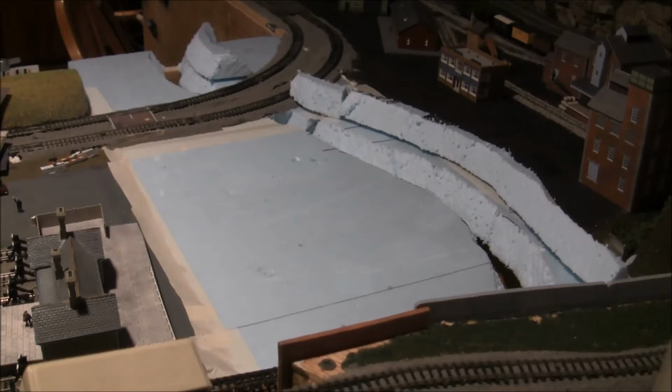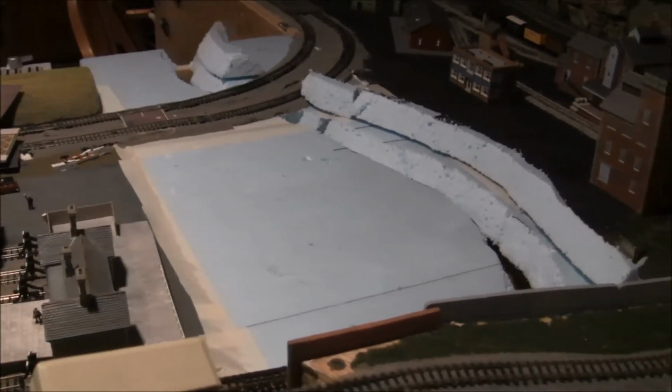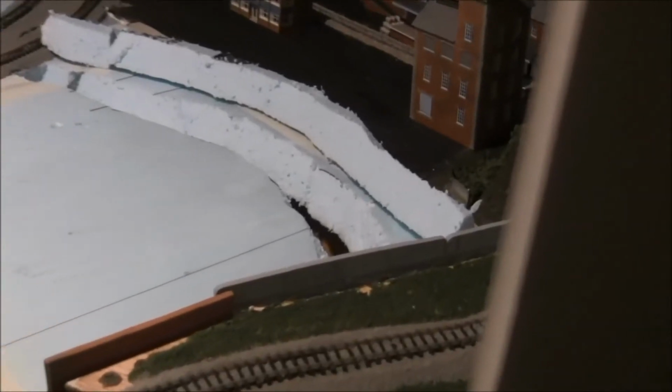So there we go, rough cut. Gives us a sense of what we're trying to accomplish here. Got the stream bed, riverbed cut, goes all the way through. I'll be filling it in, it might not be that deep. I'm certainly not planning on putting realistic water that deep. It'd be way too much material, and from a scale perspective that would be what, 12-15 foot deep. So anyway, the piece that I've cut out is now going to be the embankment there,